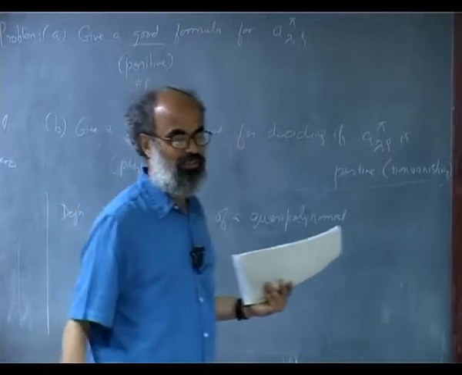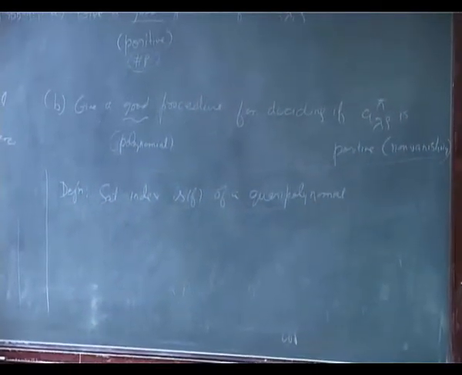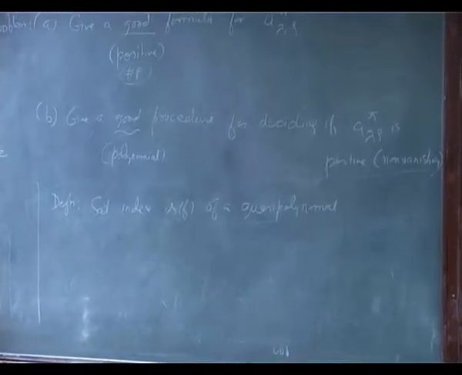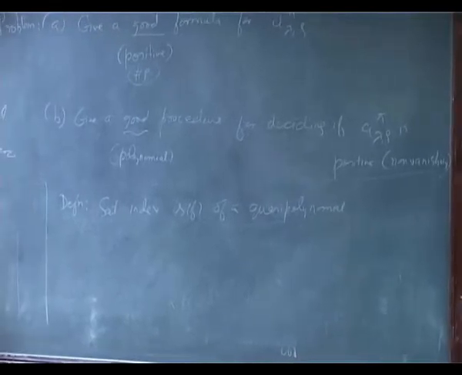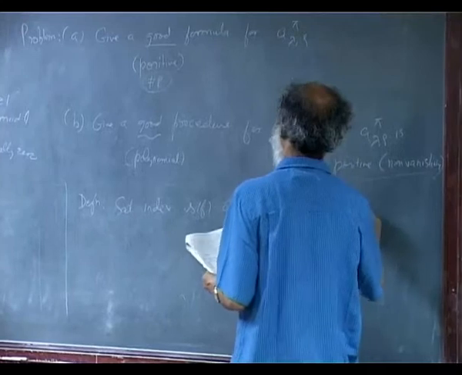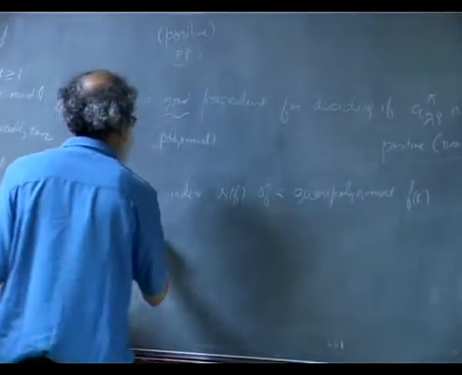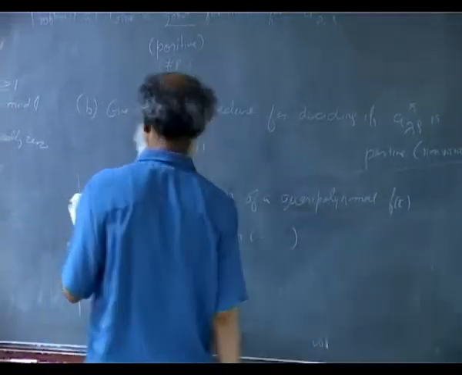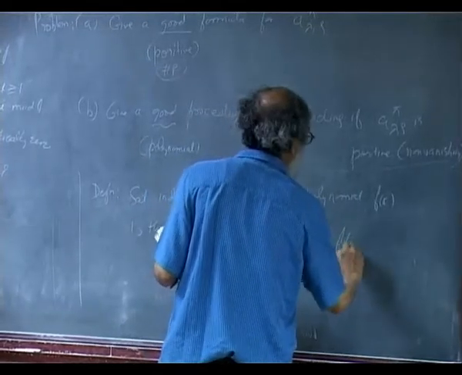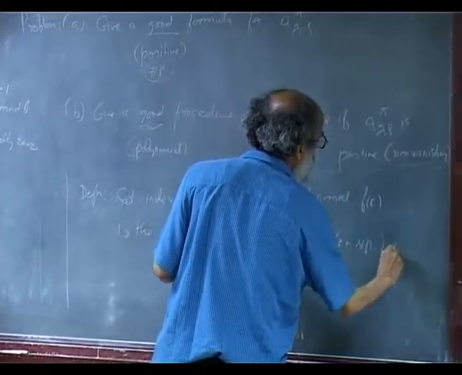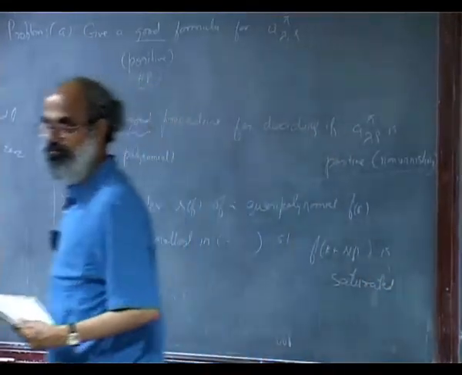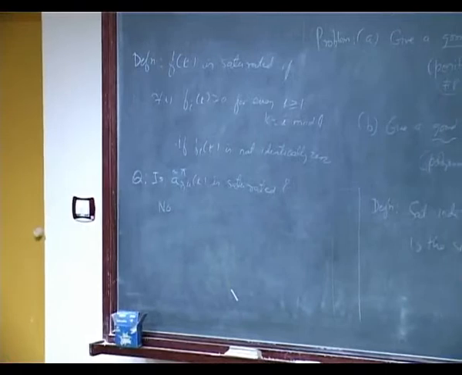it's fairly complicated. I mean, it was found not by me, but by some other people using computer experiments. So, it's fairly complicated. Yeah. The saturation index S_F of a quasi polynomial F_k is the smallest integer, with some additional properties which I will forget here, such that F_k plus S_F is saturated. So, you just shift it a little bit until it becomes saturated. Yeah. So, if the polynomial were really saturated, the saturation index would be 0. That would be ideal, but it need not be 0.